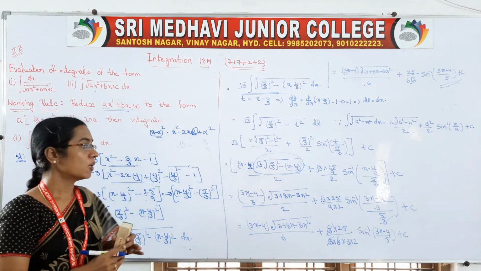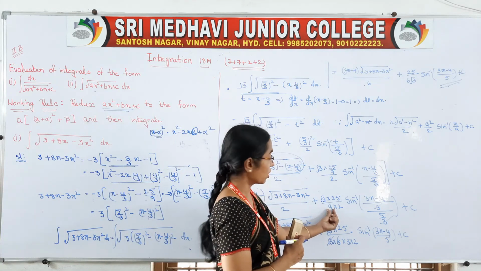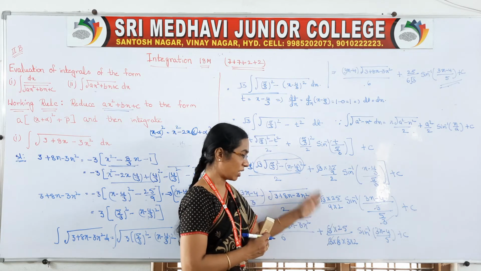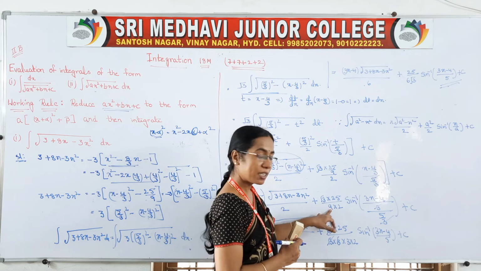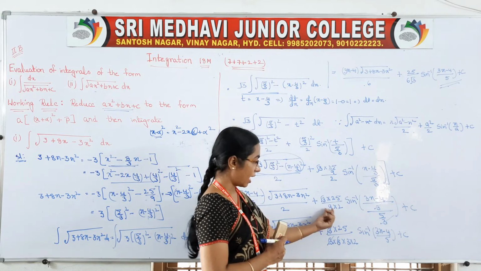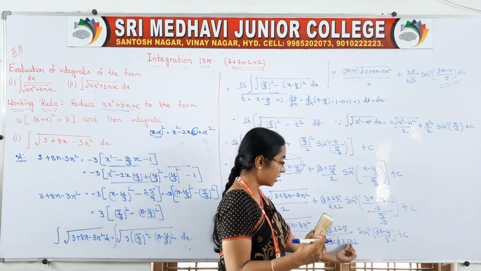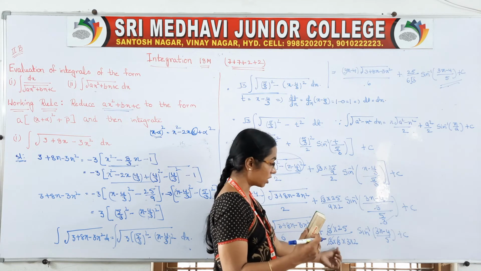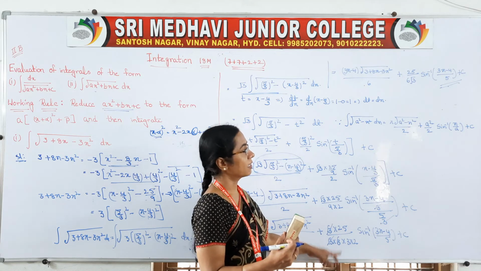So all of you be a little bit careful, right? Here instead of 9 I have taken 3 into 3, otherwise it would be one more step, that's why this is a little bit lengthy. In that one 3 I have taken root 3 into root 3 into 3. 9 can be written as 3 into 3, and one 3 remains as it is. In another 3 I have taken root 3 into root 3, so that root 3 will get cancelled.